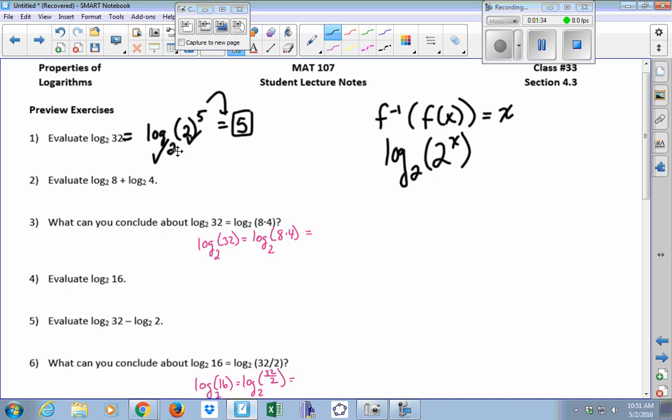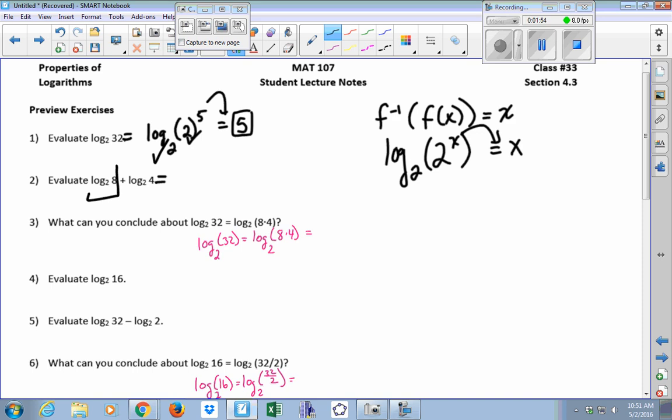So anytime you compose inverse functions, and in this case an exponential with its inverse function, the log of the same base, you just lift the exponent off, you're right back to where you started. So we know the answer to that first one is 5,